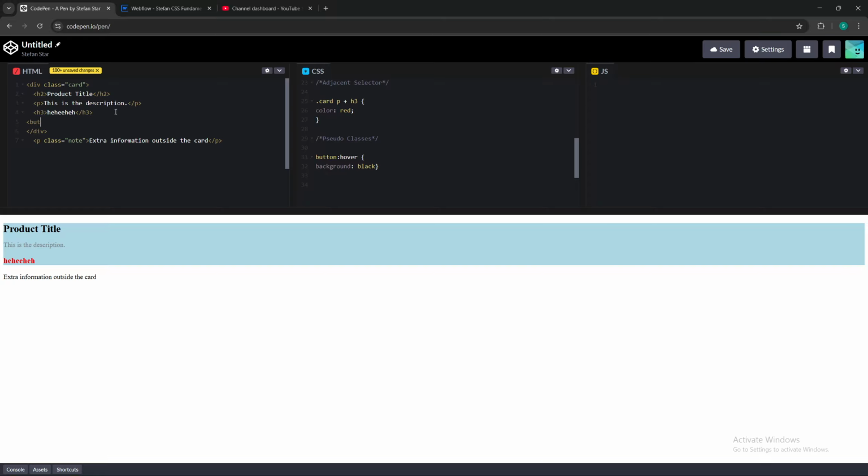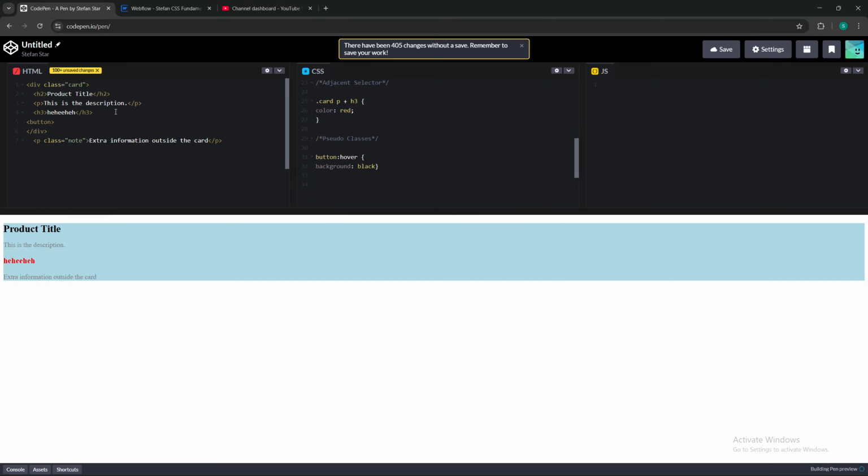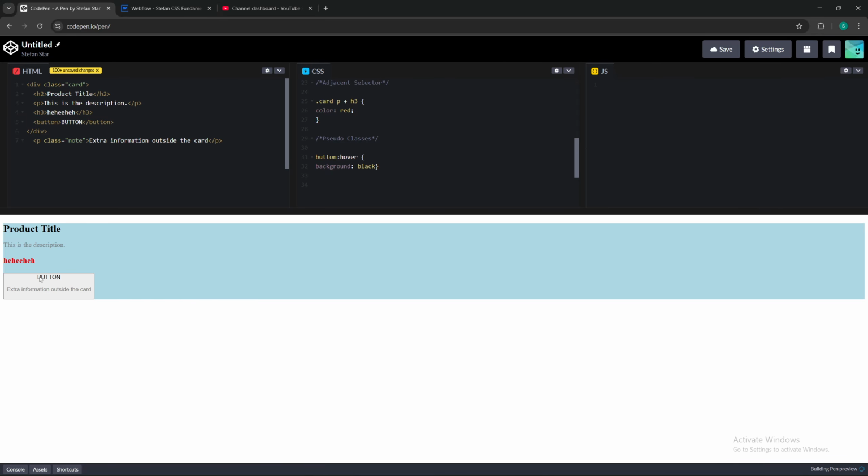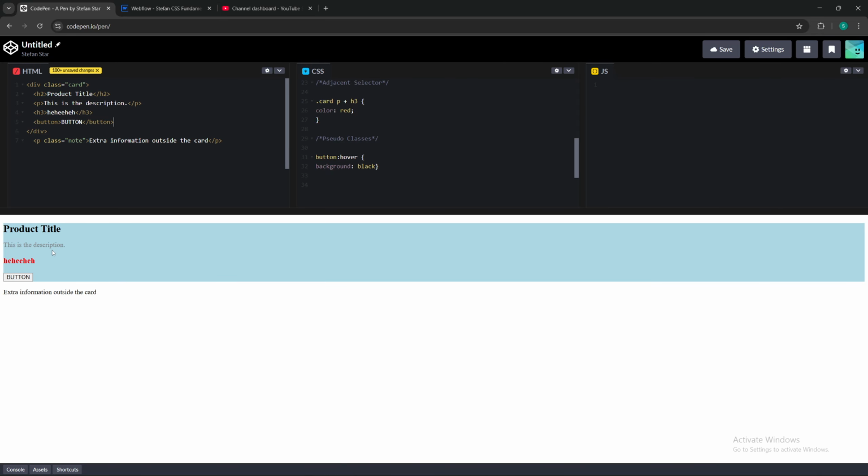If we had a button, let's just add one button here. Why not? We can do everything now. Button. And let's close the tag. And we have our button. Oh, and on hover now it's black. You see it? And let's give another, but oh, it's fine. And we can also use